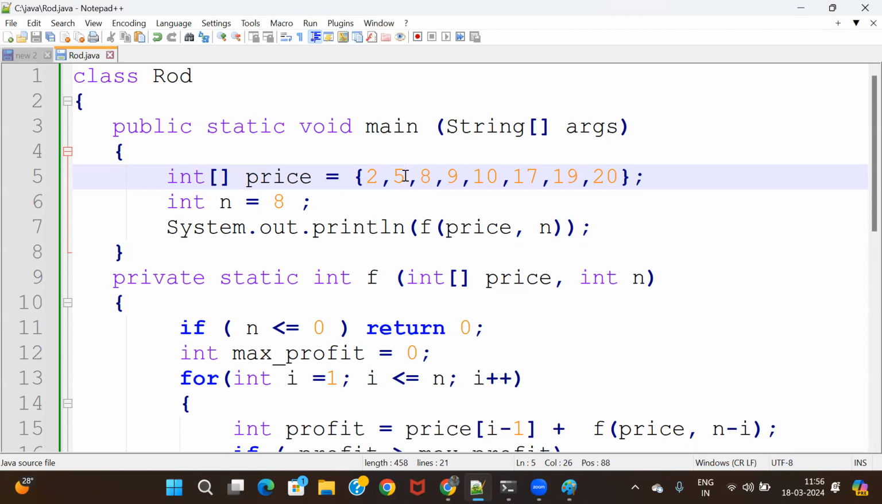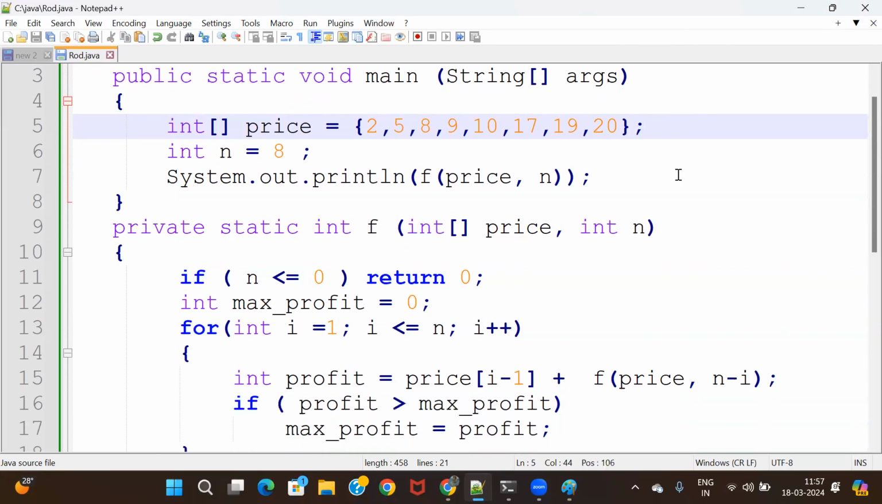Two pieces of length 5, 10. So 4 is left. One piece of length 7, 19. One piece of length 6, 17. One piece of length 6, 17, one piece of length 2, 5, 22. That's it. Now this is the ideal solution